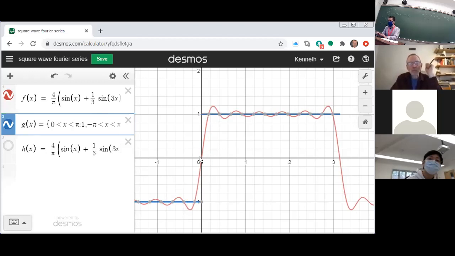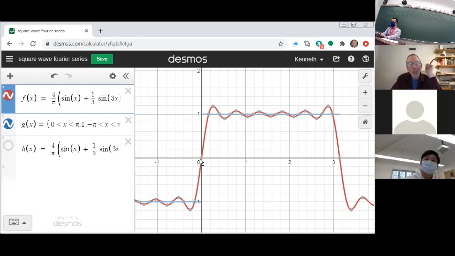Because you know that you're always going to be hitting like 0 here, for instance. And you know that this partial sum is always going to be smoothly differentiable. So it has to smoothly go from 0 all the way up to 1. And then it'll come up too far and go back down too low. And so as you get closer and closer to adding on the infinity of terms, this red part will shift, as you say, closer and closer to 0,